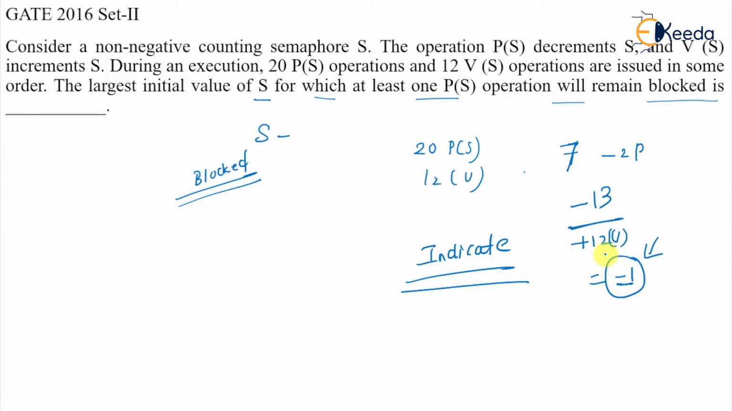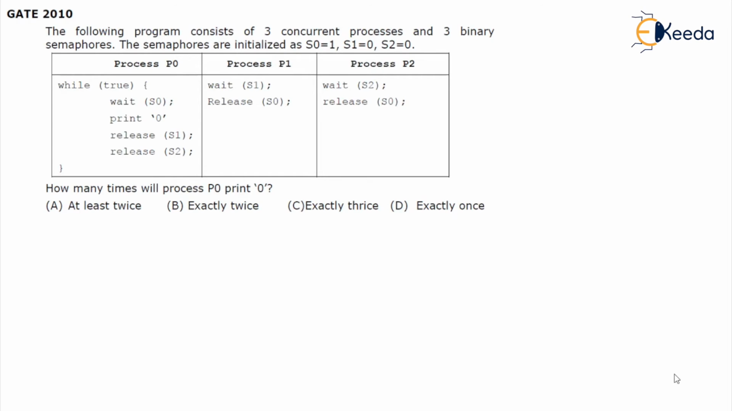This minus 1 will indicate that there is at least one process that remains in the block state. Okay, so the largest value of S can be 7, for which at least one PS operation will remain in the block state. So the answer here in this case is 7. Okay, so the next question is 2010 and it says that the following program consists of 3 concurrent processes and